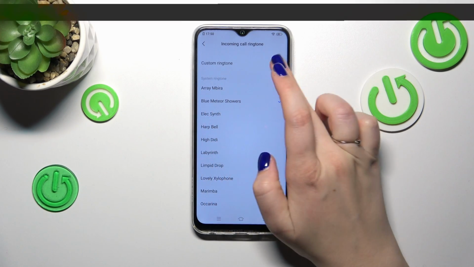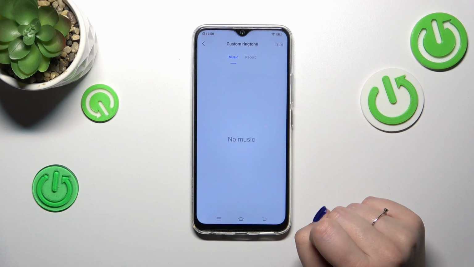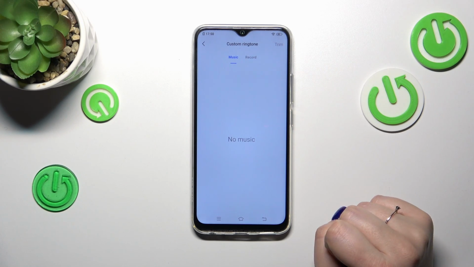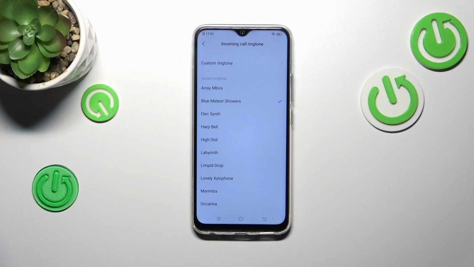What is more, we've got the custom ringtone, and basically we will be transferred to our own files. So if you've got anything, for example, downloaded, it will appear right here and you will be able to set it as a ringtone. But let me pick something from the pre-installed options,